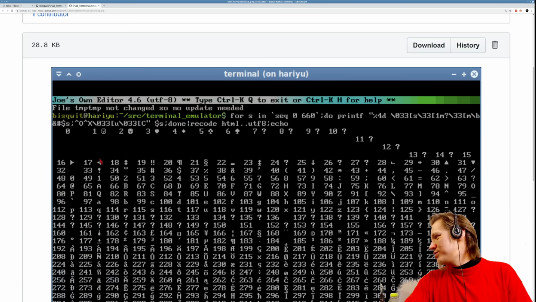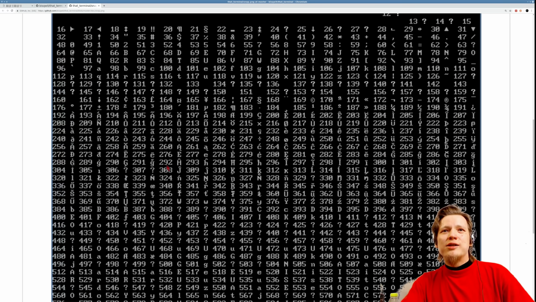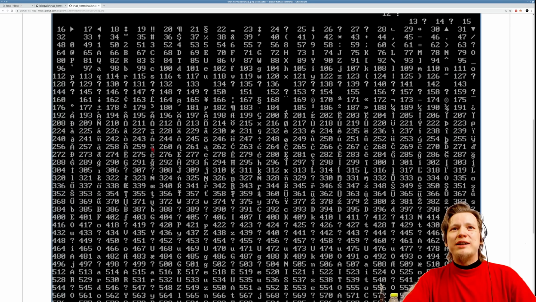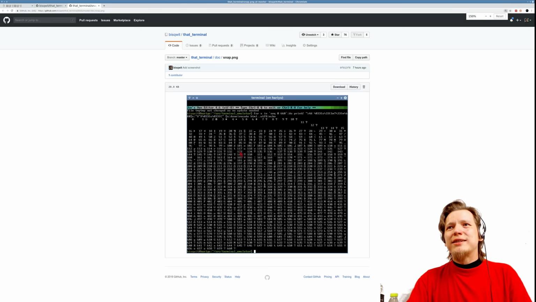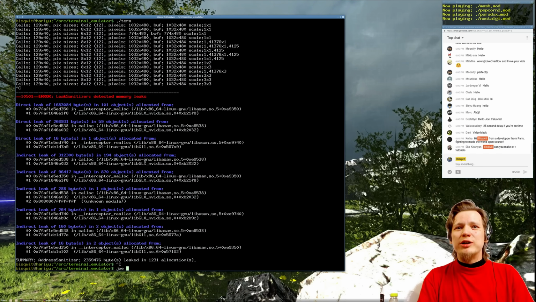Hold on, can I zoom this without lagging too much? Yes, so there's a lot of letters here that are not part of either the DOS code page or Latin 1, which is the other common option. So those are a couple of things that I have been doing off screen,